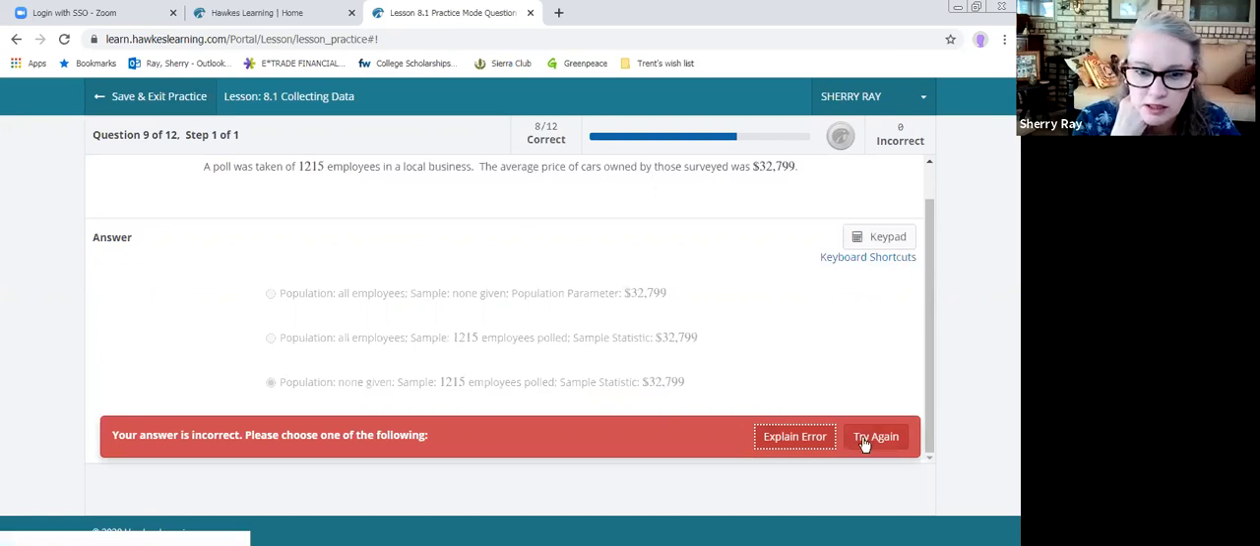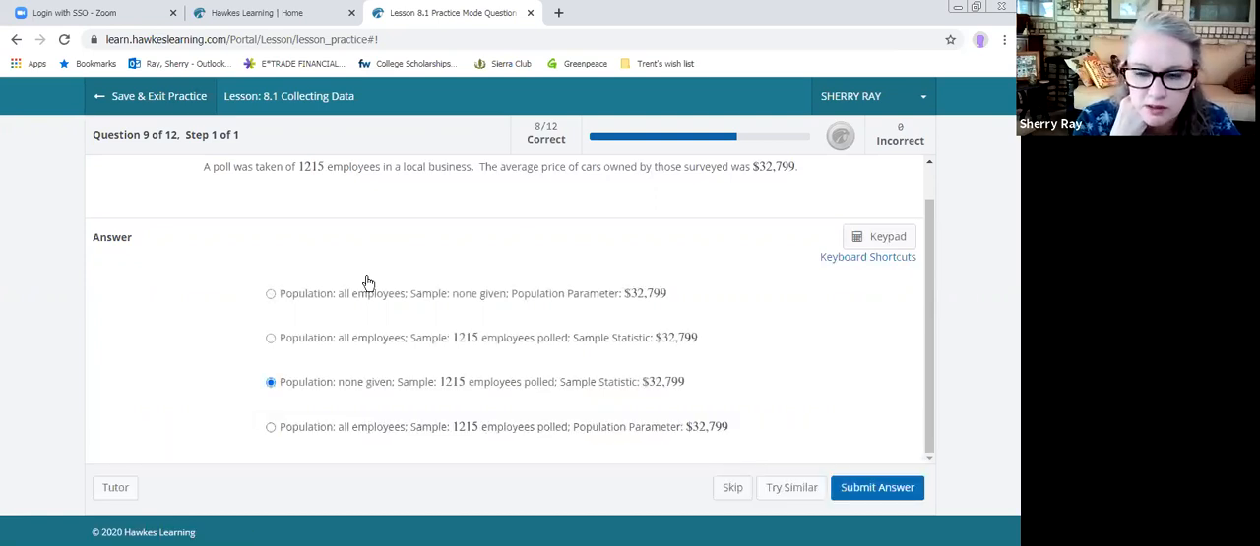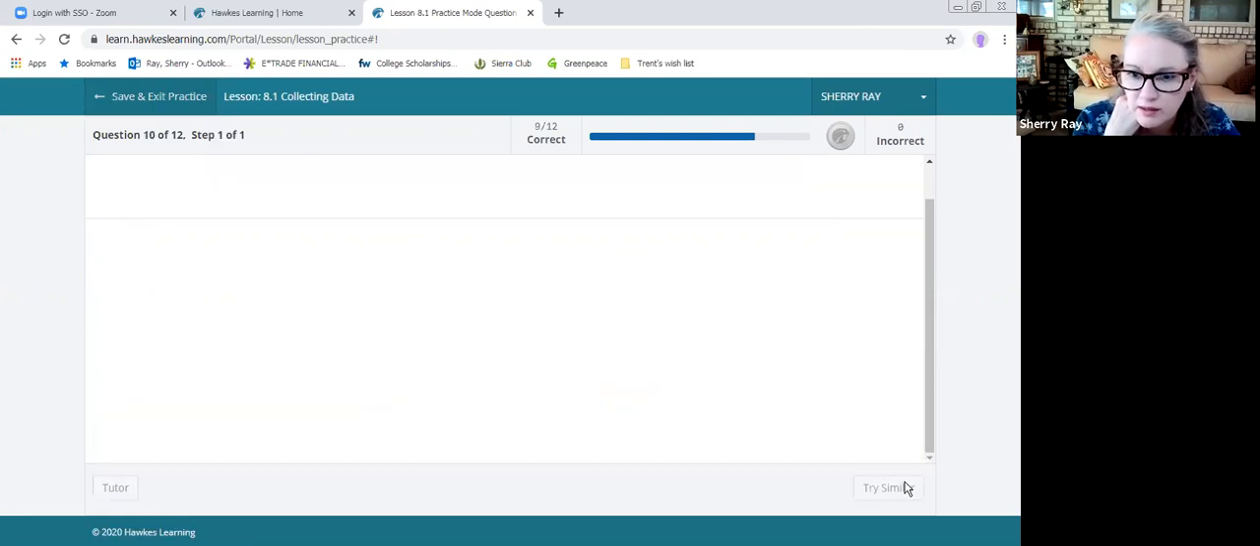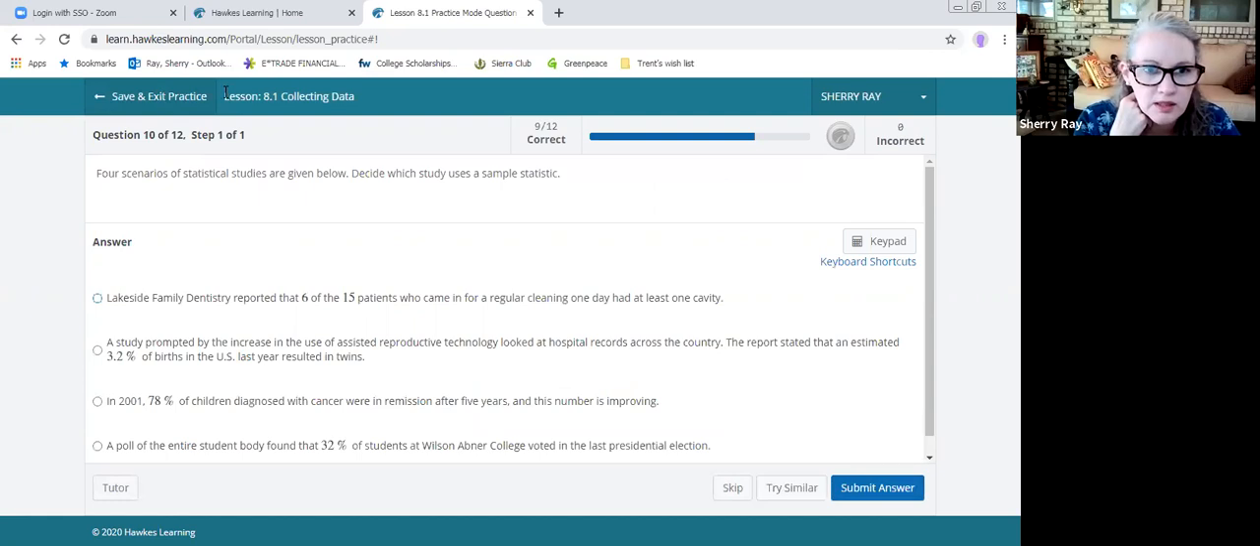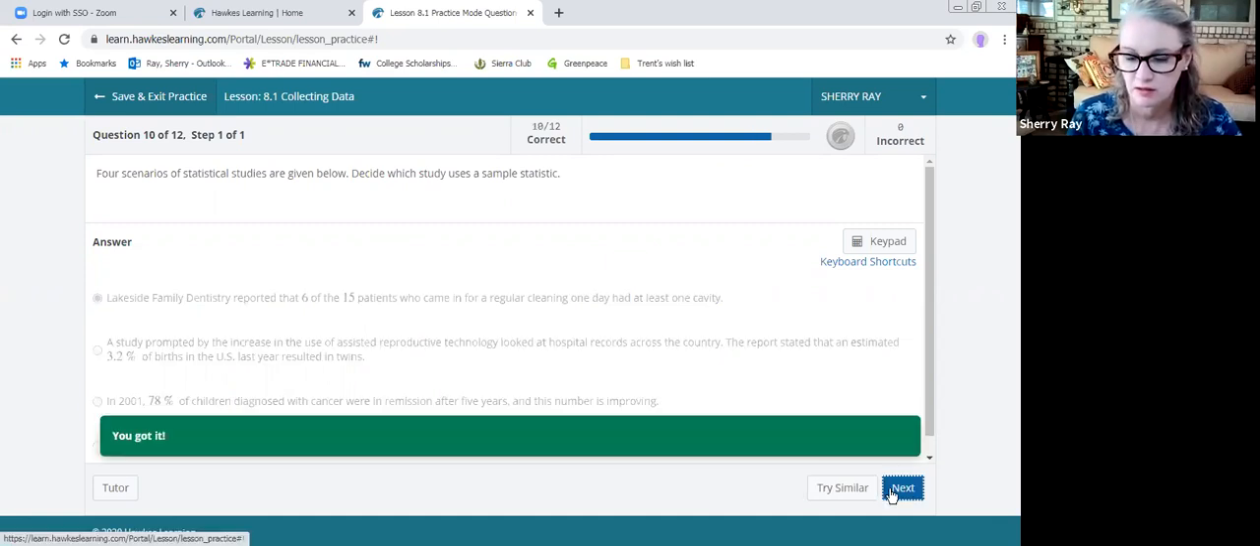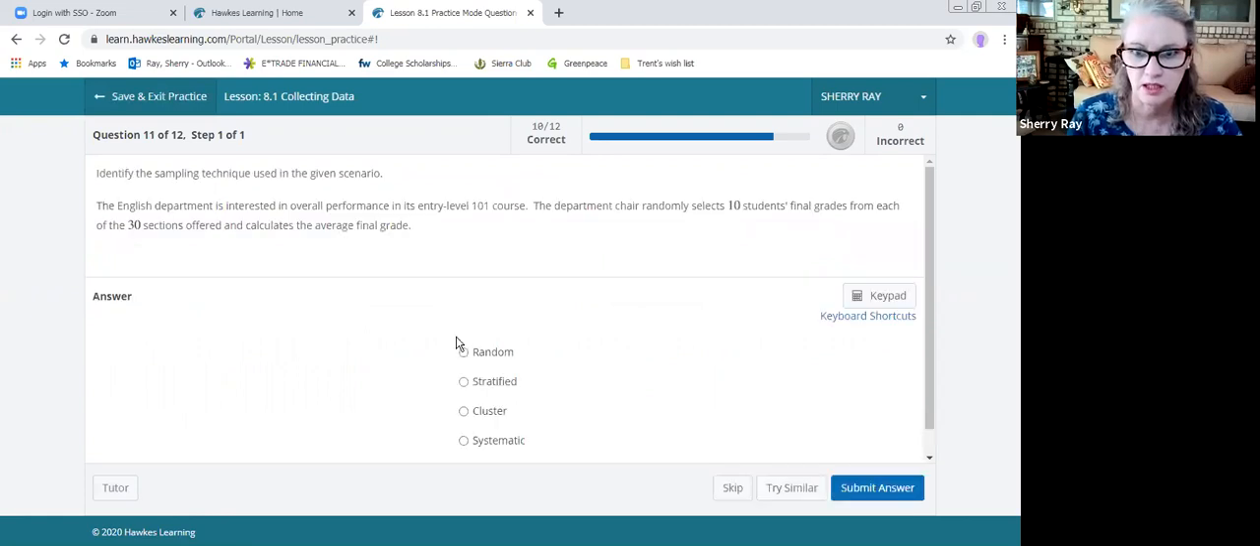But try again. What did I do? Ah, I got the wrong one. It's this one right here. There we go. Alrighty. We're almost done with this. 4 scenarios, decide which uses a sample statistic. Okay. Lakeside reported 6 of the 15 patients who came in for regular cleaning one day, so that would be a sample. So this uses a sample statistic. And let's see, this one,